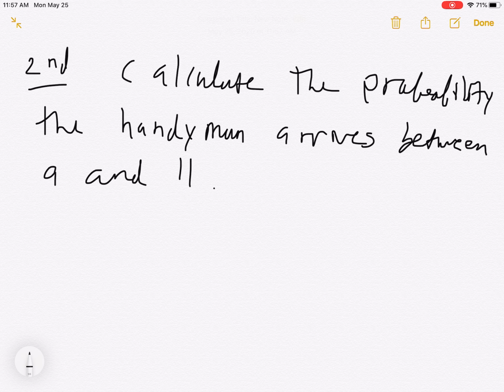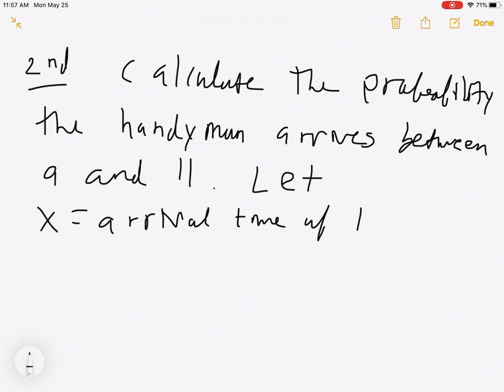Okay, so first, let's declare the random variable. Let x be the arrival time of the handyman. Then